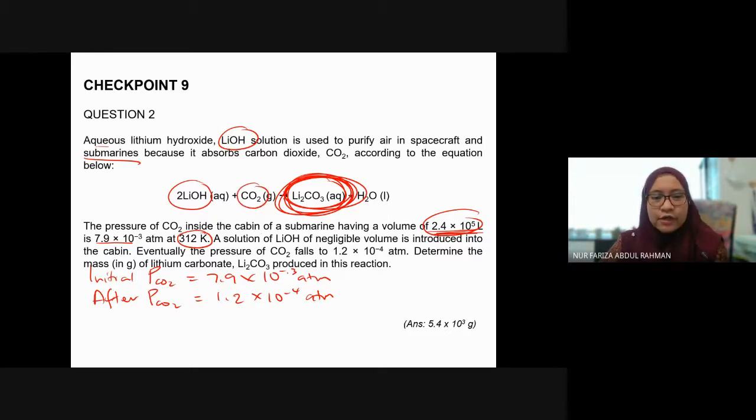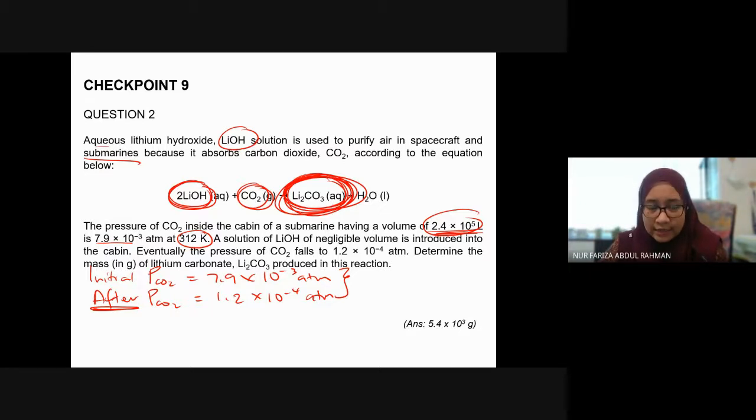So here, how does it reduce from 7.9 to 1.2? In the first place, how did it reduce? Because there is a reaction between lithium hydroxide and carbon dioxide. The carbon dioxide is now reduced, so it disappeared, meaning it has already reacted with lithium hydroxide and is producing lithium